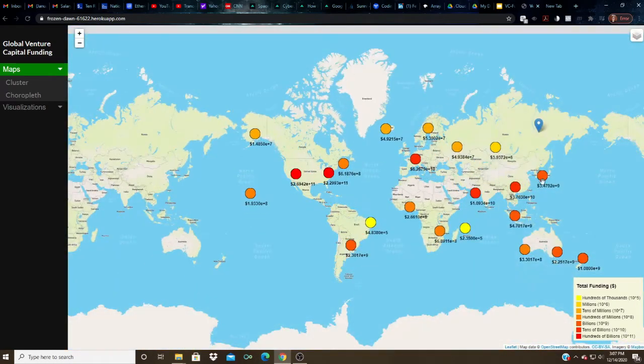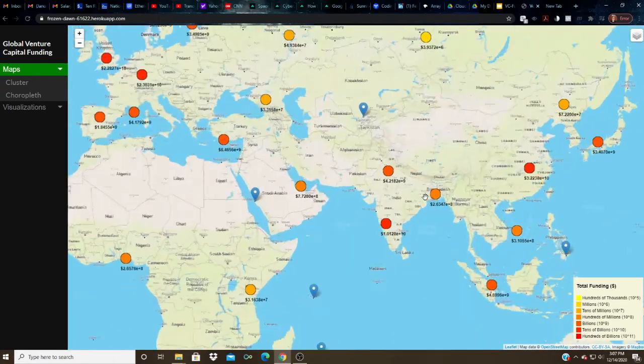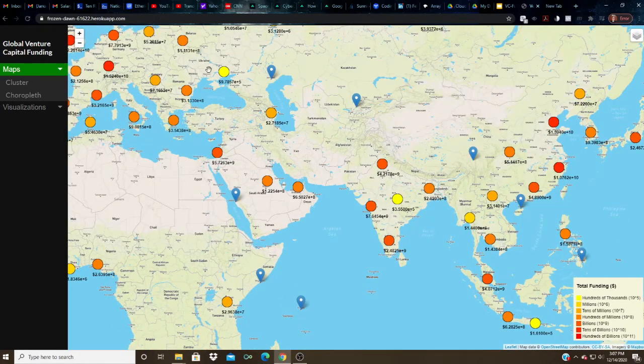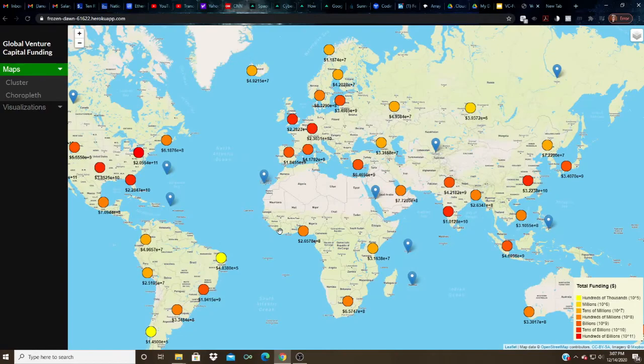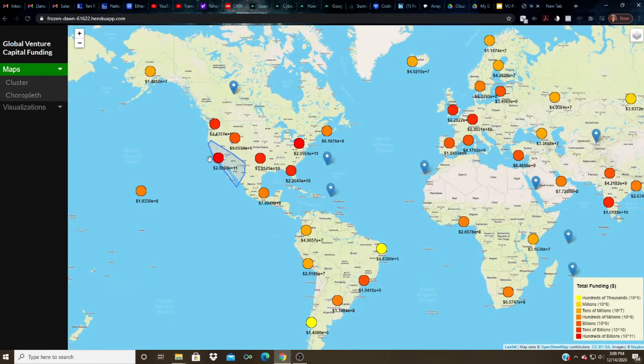So you can see where the money is going and how much, especially if you notice that the colors are more orders of magnitude. So if it's a shade lighter, closer to yellow, then it's actually a lot less money. It's about 10 times less money that can be represented by that marker. So we had to use a logarithmic scale because it actually wound up being such a difference in value from